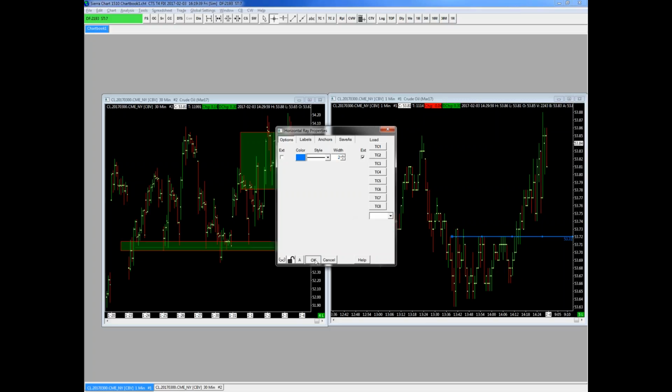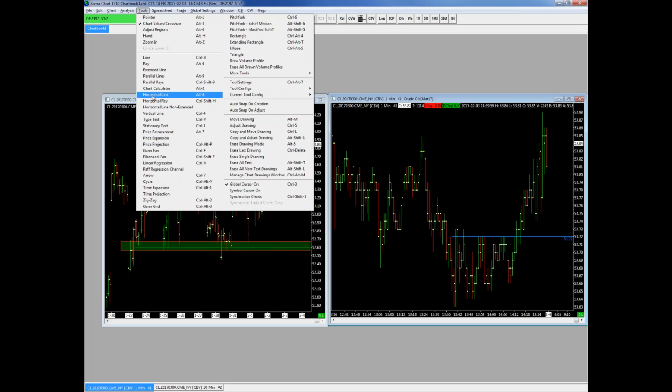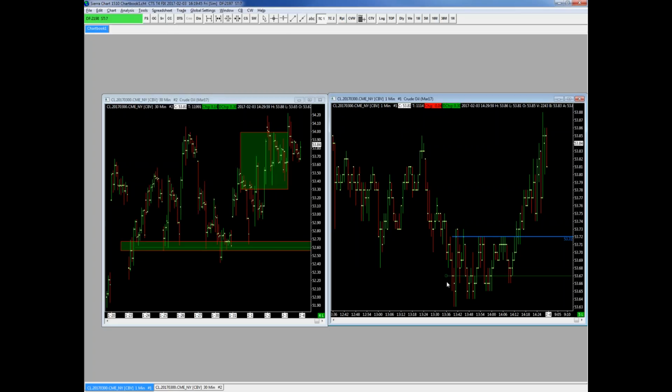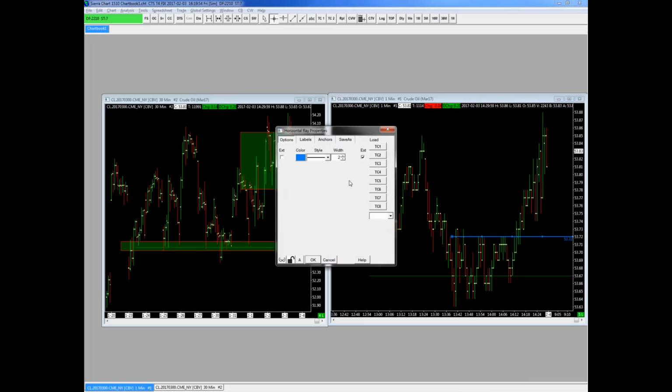Now, I don't want to select that, and next time I draw a horizontal ray, it's back to that old one. All right, I obviously want to change the default settings for that line that I draw. So, chart drawing properties, save as. You have